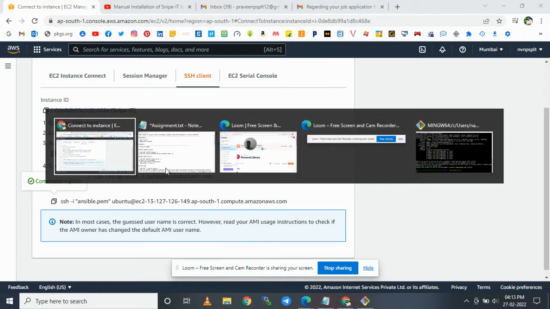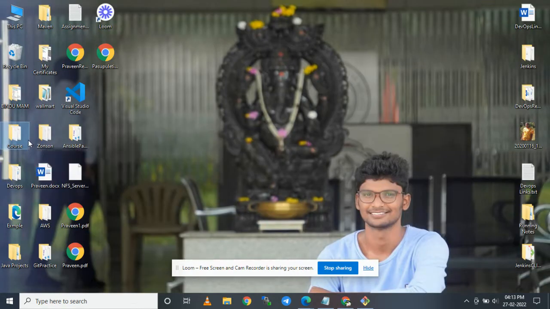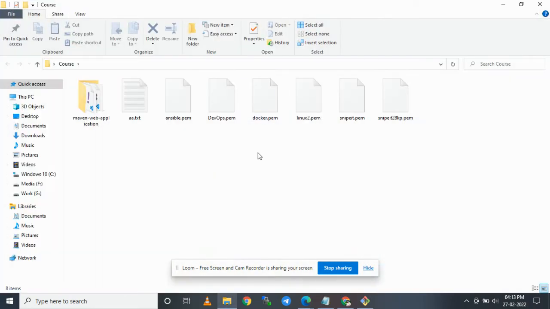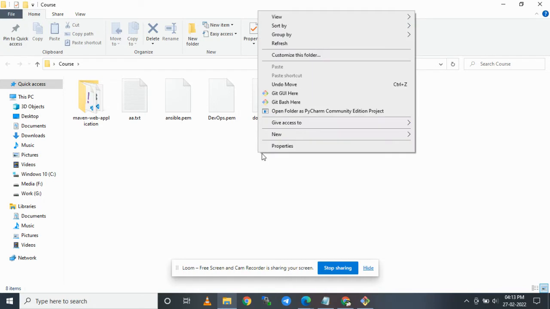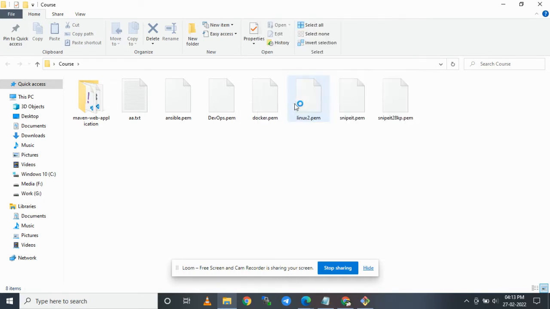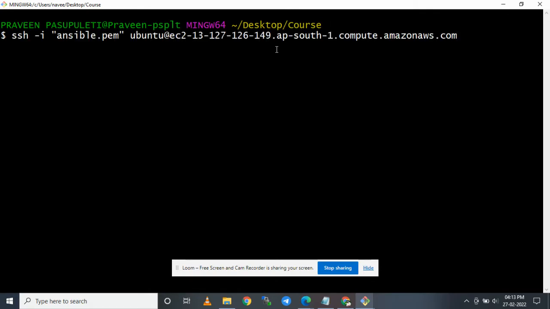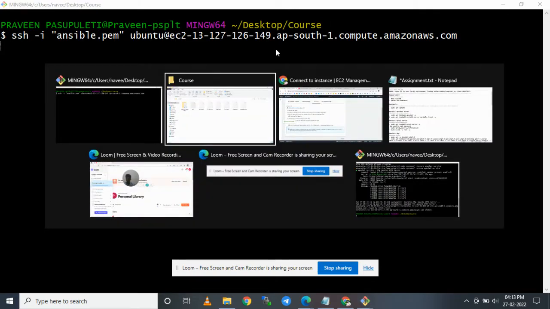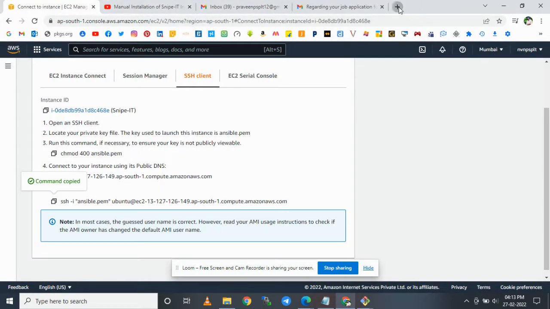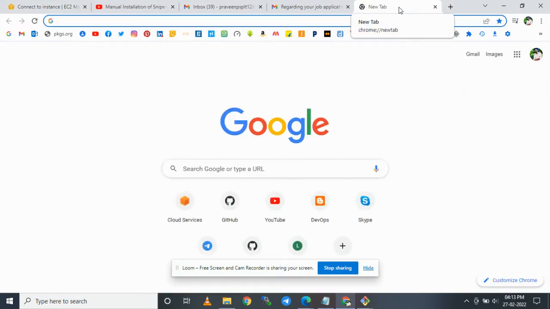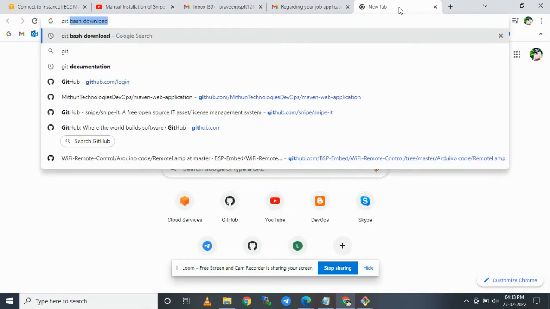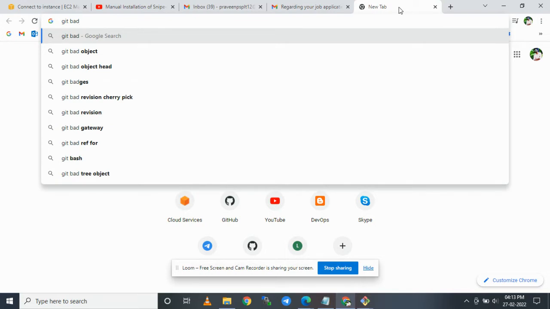Go to the .pem file where it is located. Open command prompt or Git Bash, anything. I am using Git Bash here. If you don't have Git Bash and want to try it, download it.